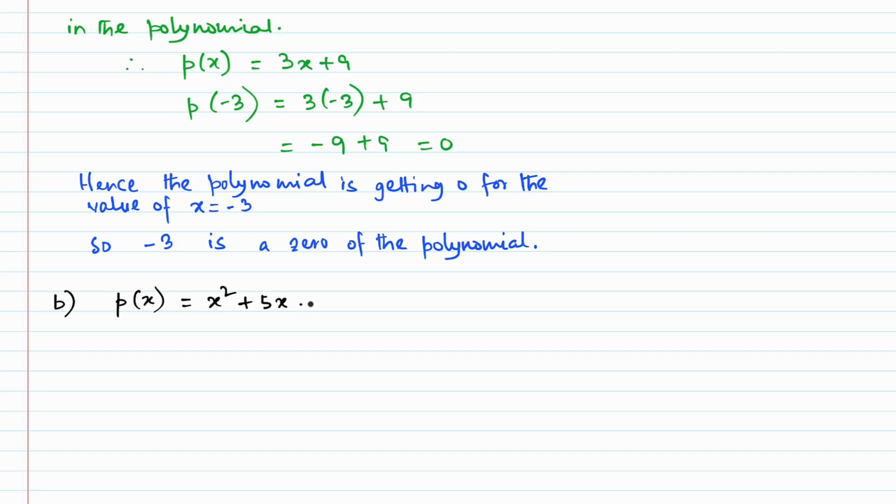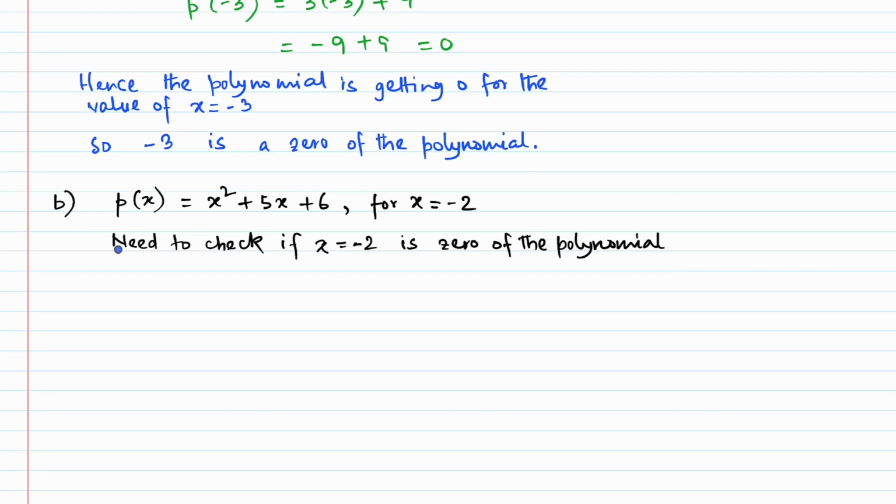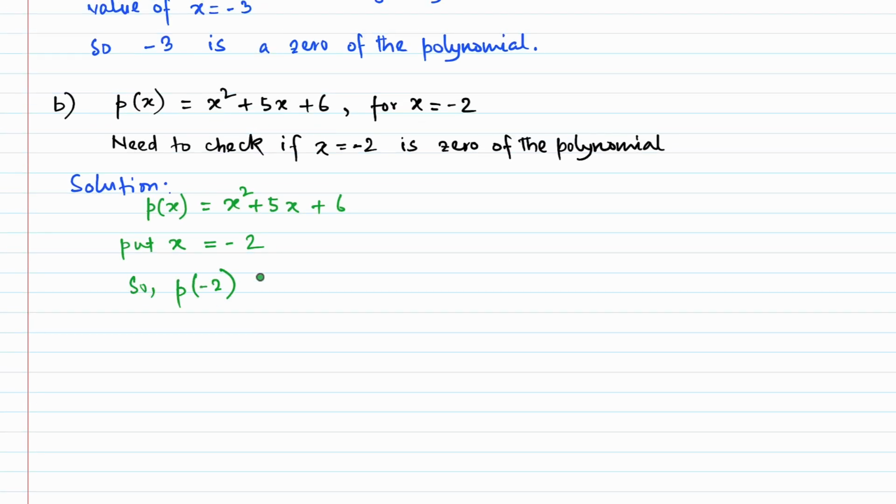Here p(x) is equal to x square plus 5x plus 6. For x equal to minus 2, we need to check whether this is a zero of the polynomial. For this, we have to put the value of the variable, minus 2, into the polynomial. So p(x) equals x square plus 5x plus 6, putting x equal to minus 2. So p(minus 2) is equal to minus 2 square plus 5 into minus 2 plus 6, which gives us